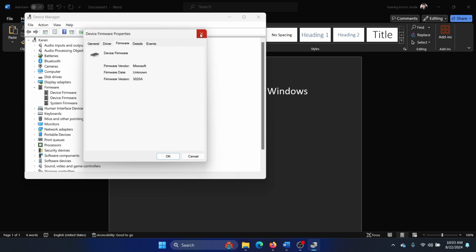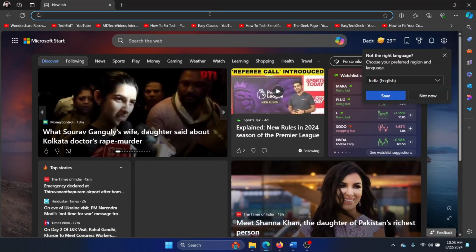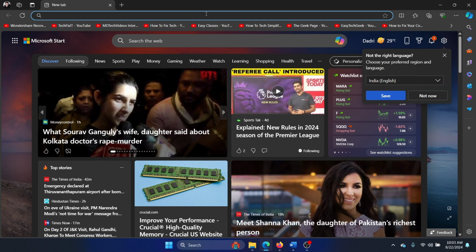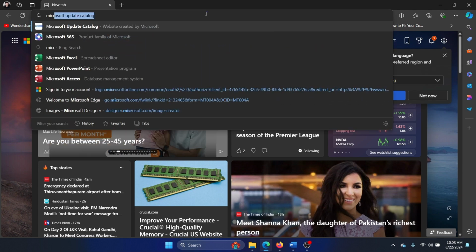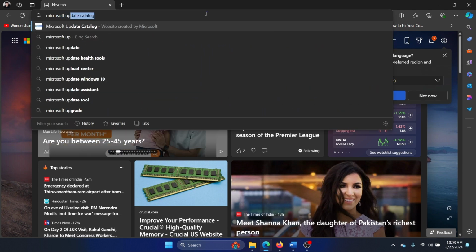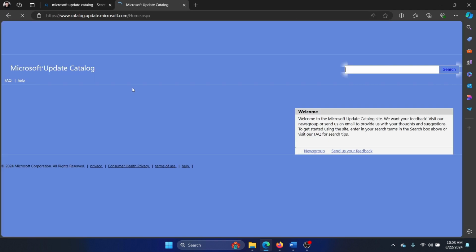So here's what you can do. You can download the updates manually, and with the latest update you will be able to download the latest firmware as well. So here's what you have to type: Microsoft update catalog and hit enter, and then go to Microsoft update catalog and type the latest month and year